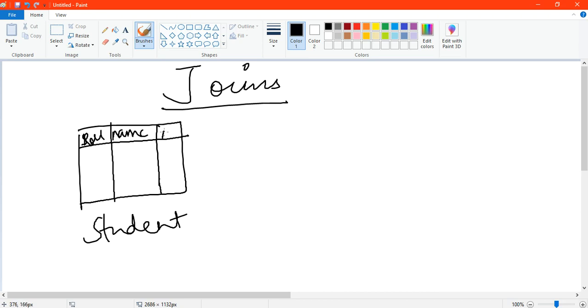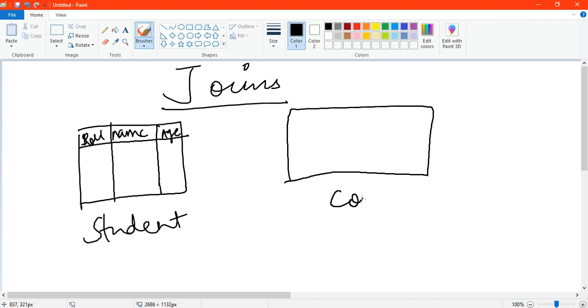And you have another table, let's say this is your course table. This table contains the details of courses allocated to students. The first column is course ID and the second column is the roll number to which the course is allocated.